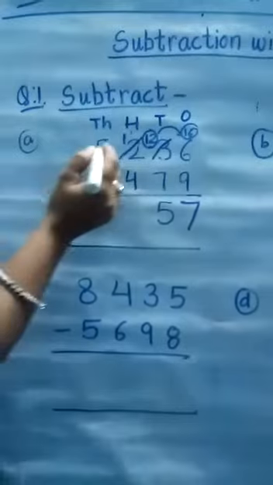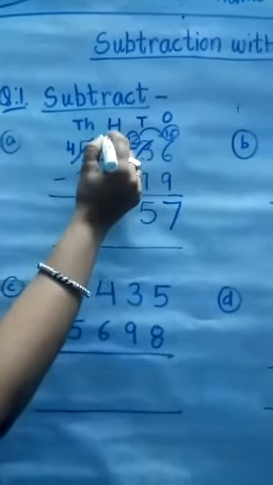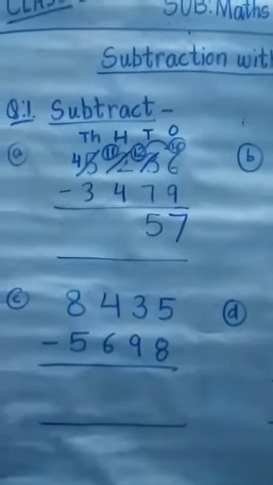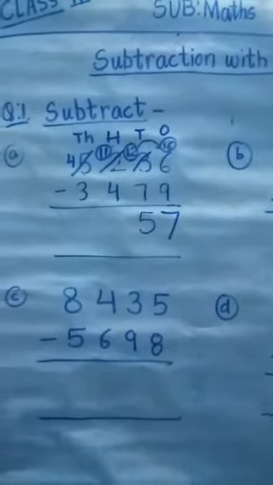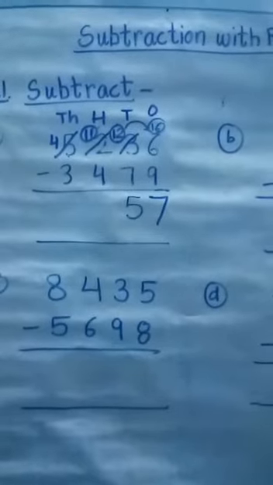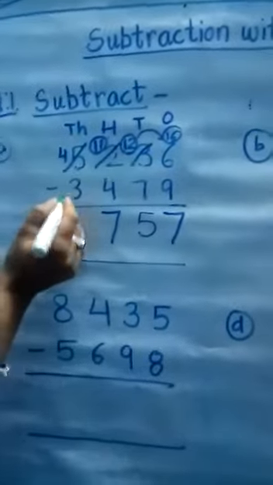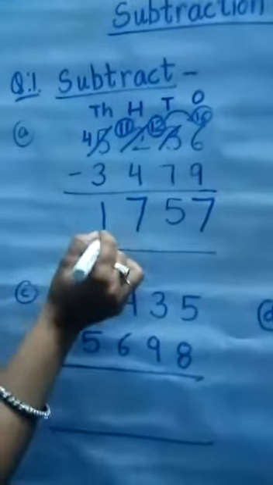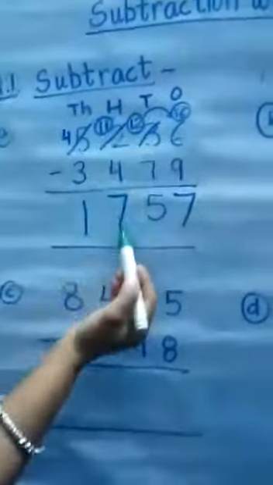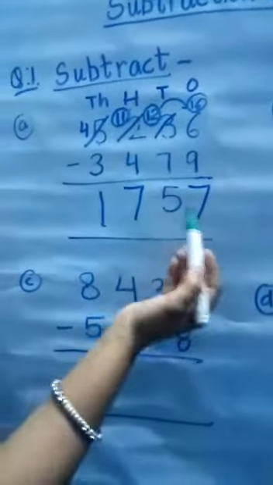So again look here, we have to cut this, make it 4 and we have to again borrow this. Now it's 11 number. So now we are able to deduct 4 from 11. Yes. So now start counting. 5, 6, 7, 8, 9, 10, 11. How many numbers are here? 7. Now 4 minus 3, it is very easy. So we have to write down 1. So the answer is 1000 because it's under the thousands place. 750 and then 7. So 1757 is the answer.